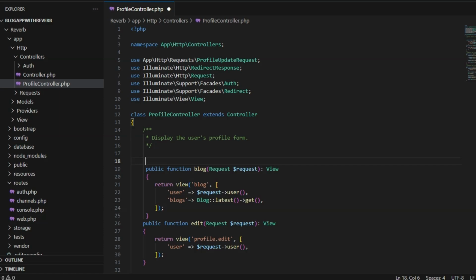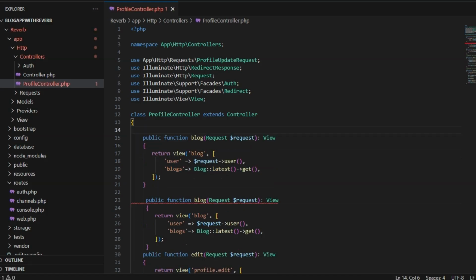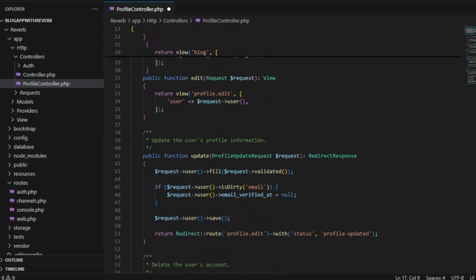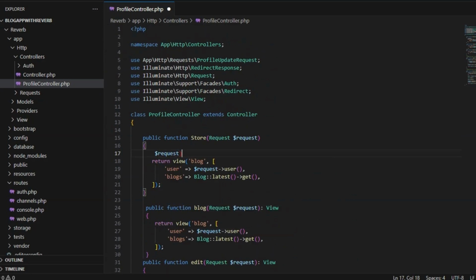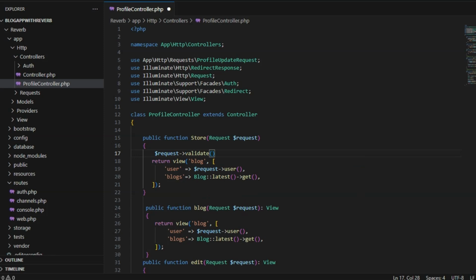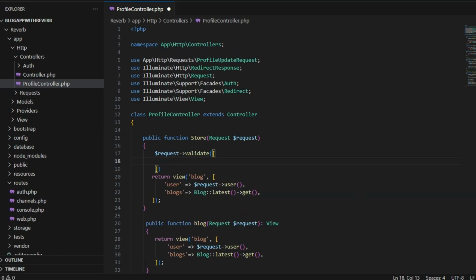Okay, and after it we do this, and now I have the store function, and I'll copy it and paste it here, and delete it, and I'll name this store, and within this I have Request $request, and it is not a view, and within it I have $request validate, and within it I have title, and title is required, and it is string, and just this for now.